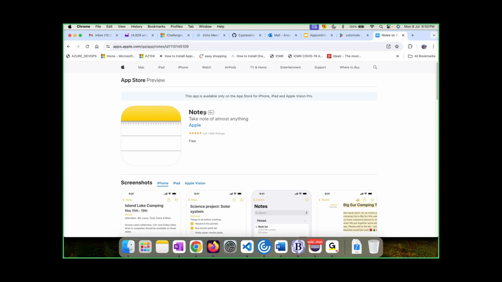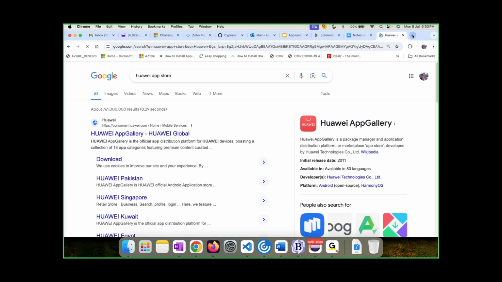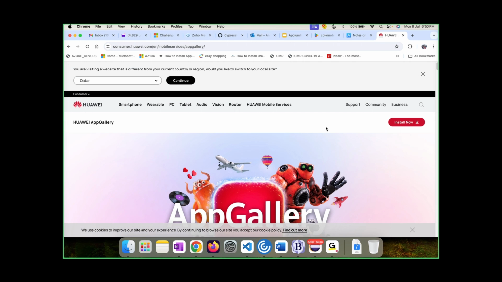there is one more OS which is available, which we call Huawei. So that is a device which is usually banned in India, but if it is still applicable, then you can use this Huawei app gallery as well. Okay, so these are the three things currently available in the industry which people are using, and they can download any application from this Play Store or App Store or Huawei app gallery, and then they can do